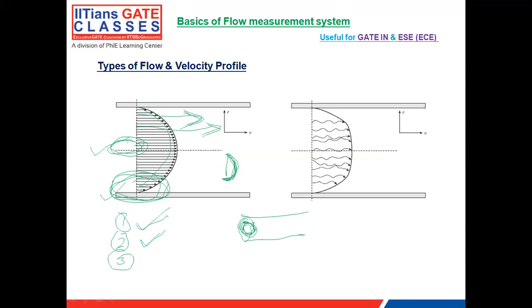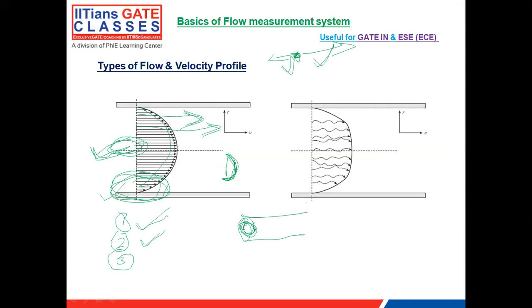And there is some significant viscous shear stress between the layers. We will see when we move to the Reynolds number, and that is the main concept behind the Reynolds number. In Reynolds number, basically there are two kinds of forces. One is moving in the up direction, another is moving in the down direction. Which one is more prominent? Based on that, Reynolds number is given.